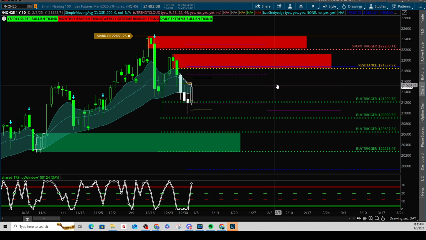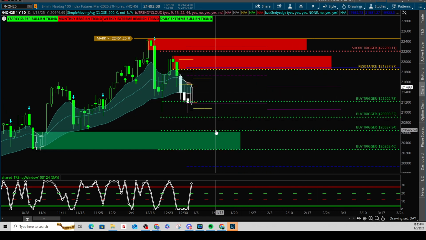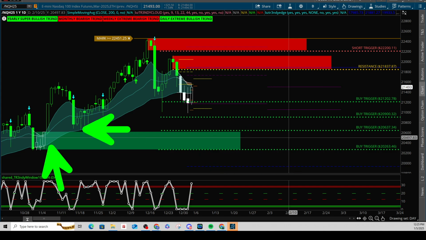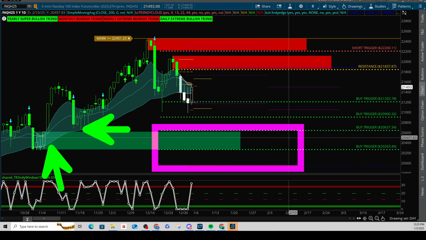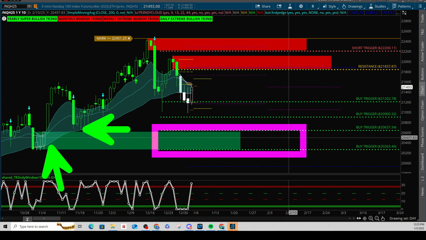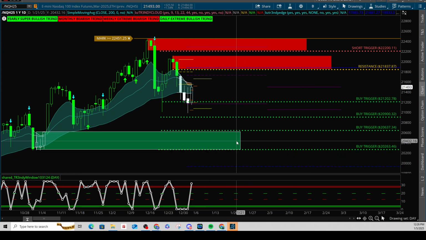This is going to be the daily. You guys can see here as well that the buy trigger worked well. I put some more buy triggers in here, and I also want to note that this imbalance has not been tested. It came very close, but this is looming for me. Usually it's not about if, it's about when. Timing is the variable. I'm not saying it's going to happen this week, but please take note of this level. It's very, very important. If we do get there, I would be looking at buying.